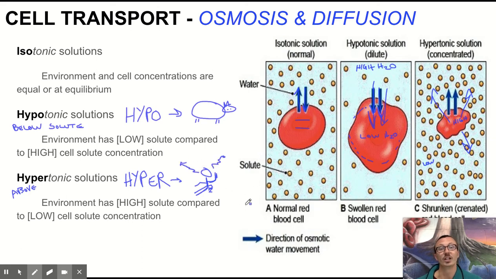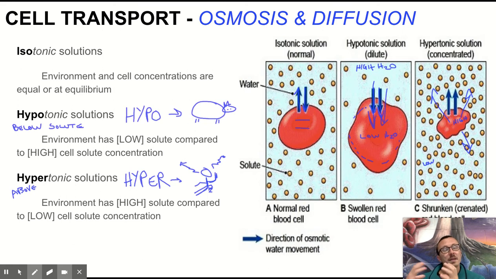And so they're going to shrink, right? And so that's why I think hyperactive. I'm a hyperactive person, right? And so I'm rather skinny, right? And so I think shrinking, okay? Hippo, hyper, shrinking. Now, hypertonic solutions are what we use to make things like beef jerky or jams and jellies,